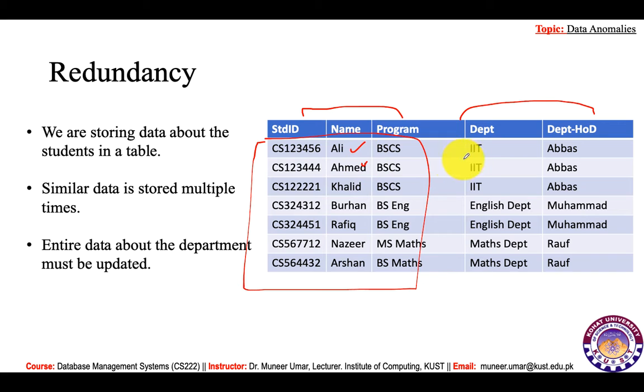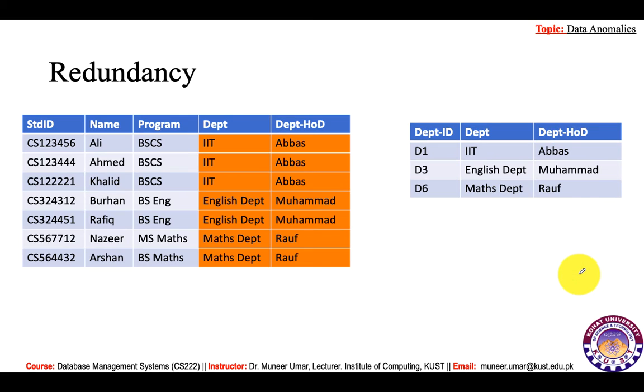But if you look into the department and department HOD, these things are repeated. Like here, for three students, this department HOD is repeated. Similarly, for these two, we have repetition and also here we have repetition. So, such types of repetitions are called data redundancy in database. These repetitions actually violate the data consistency during the operations on database. We can